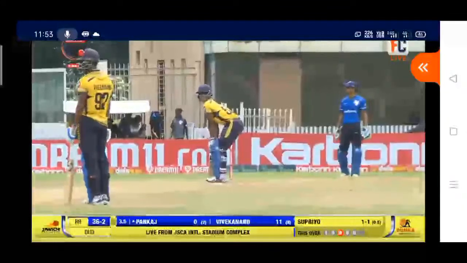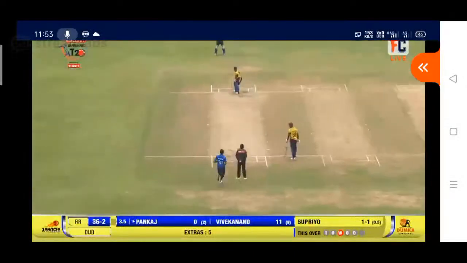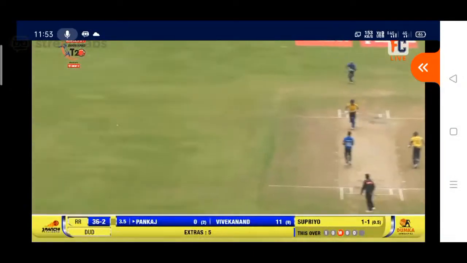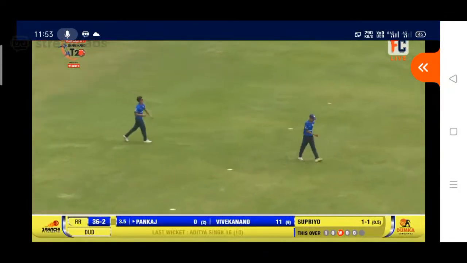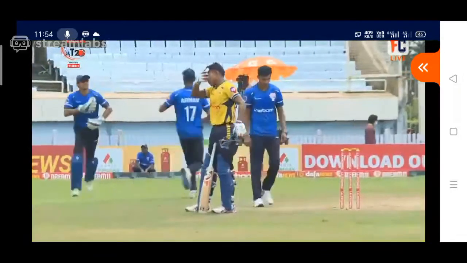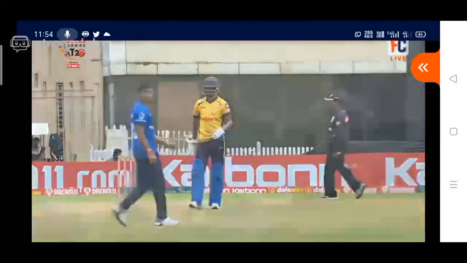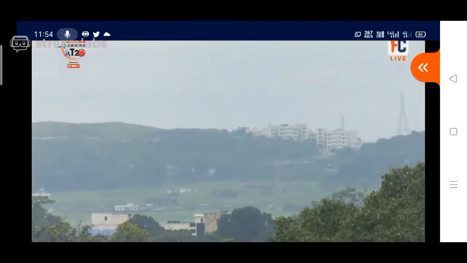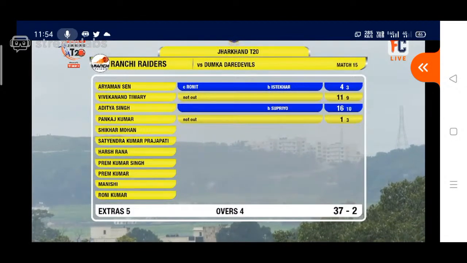They were looking to hit big shots, and that's the Ranchi dugout. So yeah, I was saying just one run has come off this over so far in Supriyo Chakrabarti's over, and this is the kind of over they were looking at, because the other 3 overs have been big ones with boundaries coming in. Played towards deep point, or deep cover rather, and they took a single. So that must be the end of the over. Hazy outside, but the sun has come out right now, and it's 37 for 2 after 4 overs.